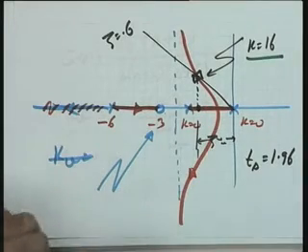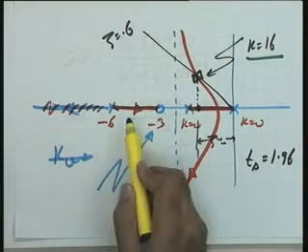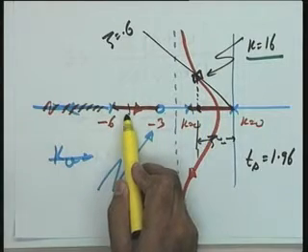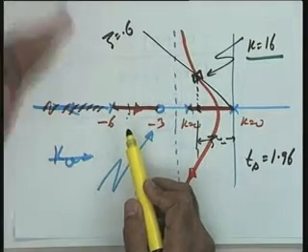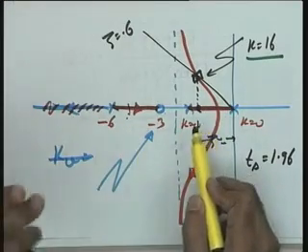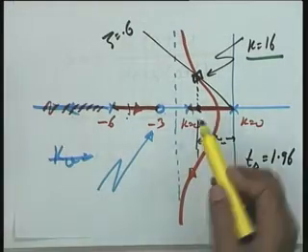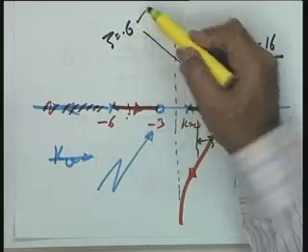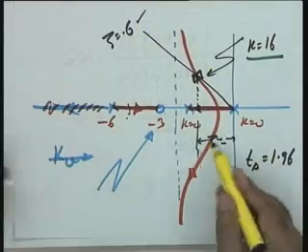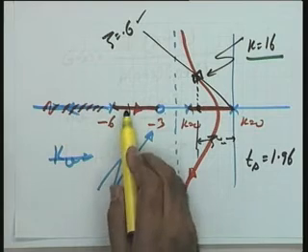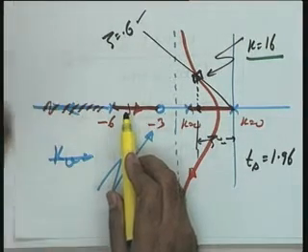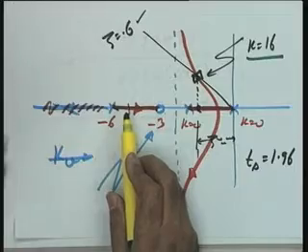What is the trial and error? One is this, that if the third pole lies sufficiently far away, if it is not 6 times, let it be at least 3 to 4 times, then hopefully your design may be acceptable. In that case, instead of designing for zeta is equal to 0.6, you may design for some other value. Instead of settling time, after all, a third pole makes the process sluggish. A third pole in the system will make the process sluggish.